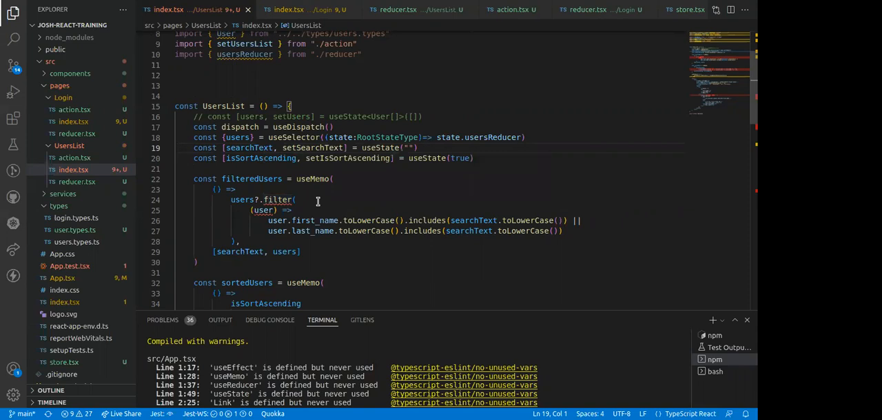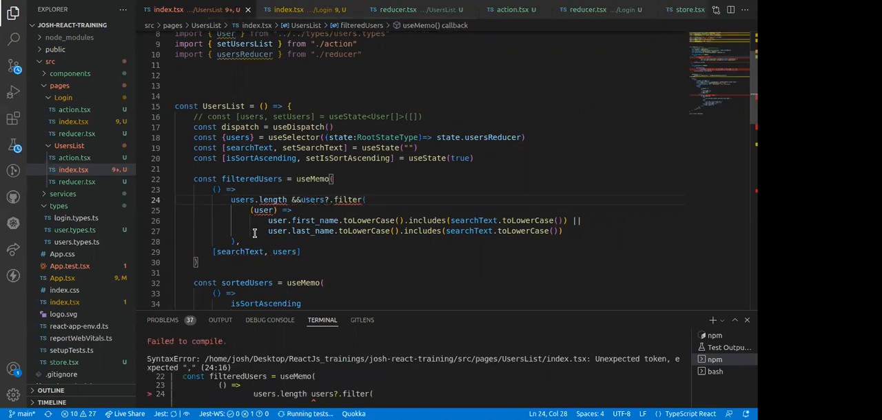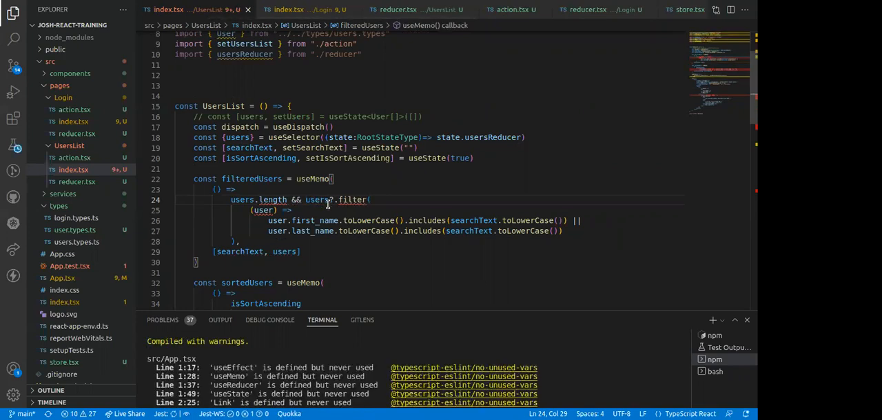Filter does not exist on type never. Users, try by checking the length. Users dot length. Where, Sangarsh? On line 24 just write users dot length, before, on the start. Yes, users dot length. Okay, it is getting